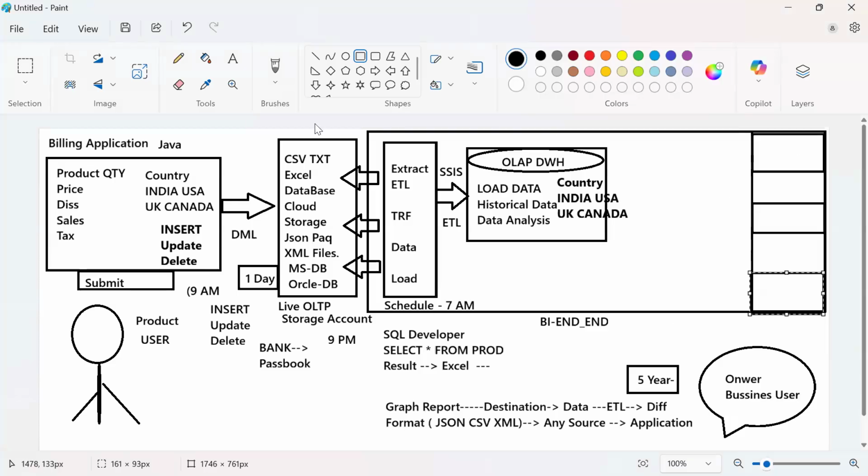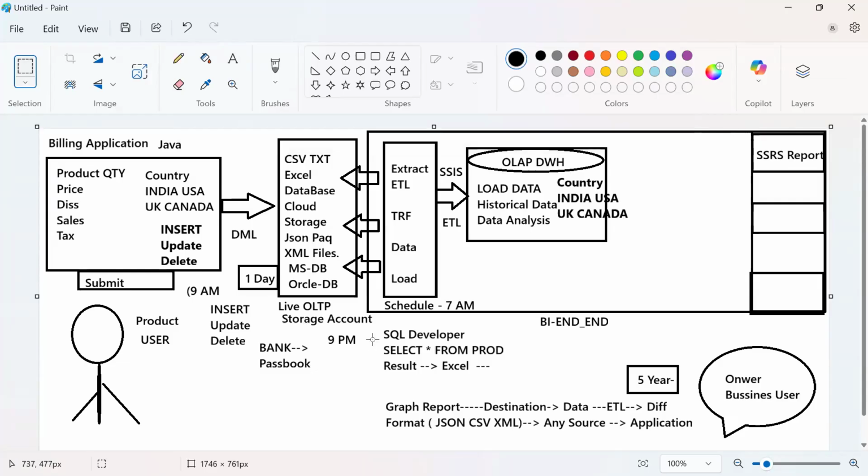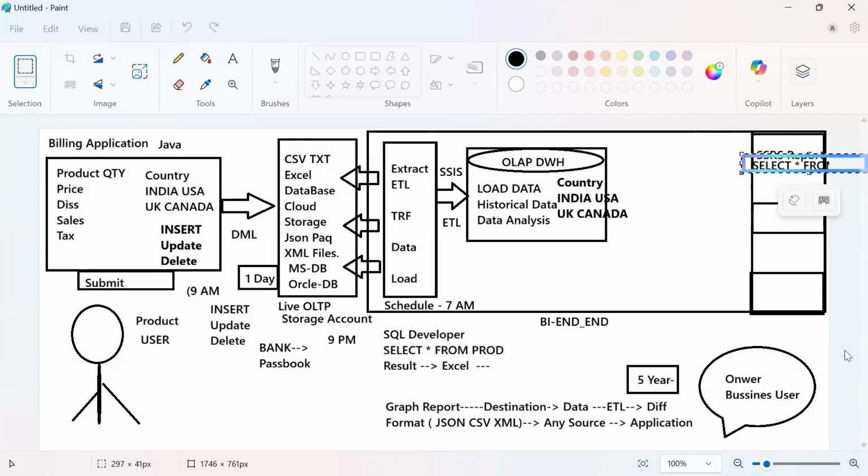Whatever the reporting tool is, take the other module, SSRS. This is another module of your MSBI called reports. This is the last module. What is the use of this? We are going to design, instead of you writing this select query, I am going to copy this query and place it here. You don't need to write anything manually. You want to write a query, just place it here. That is the use of this.